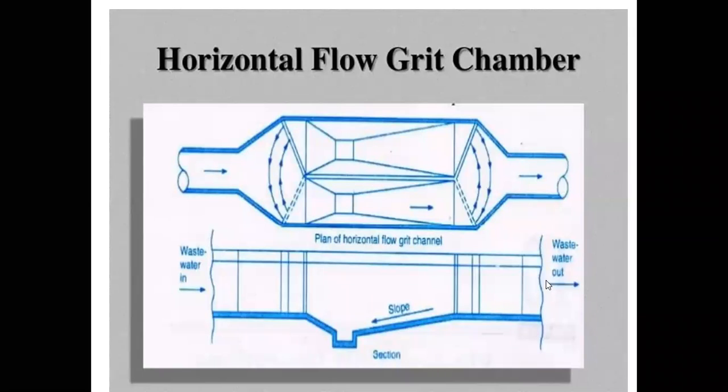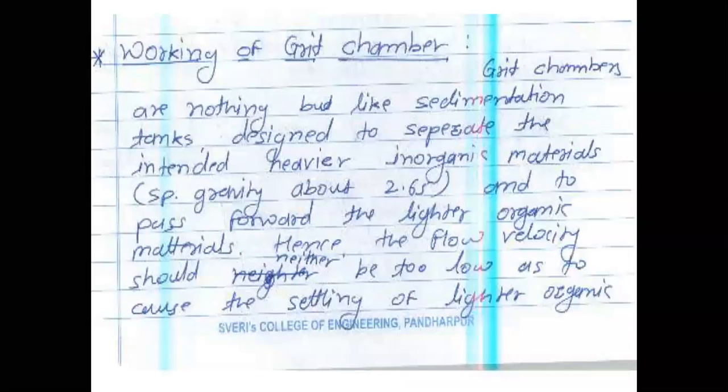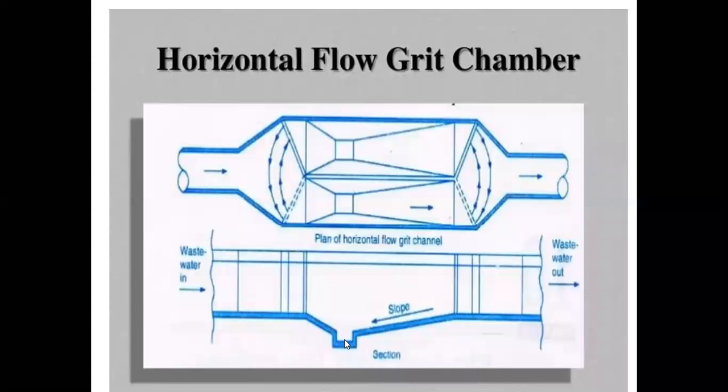See here, a horizontal tank can be designed. This is a plan and this is a section. You can draw simply a section. Water is allowed to flow here. A hopper bottom is generated, and a slope is provided towards both sides. The sand particles will be collected here at the bottom, and the remaining supernatant liquid, free from grits, can move forward. So this is the third method you can use for the removal of grits.